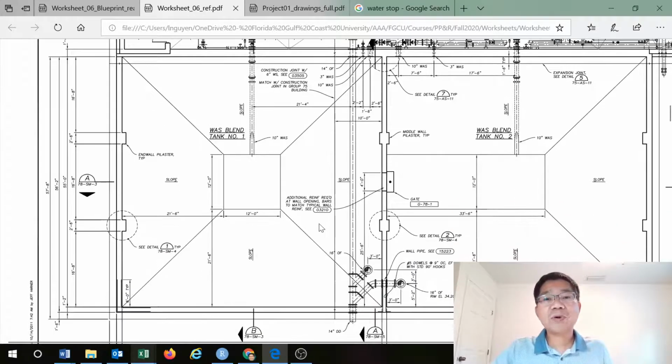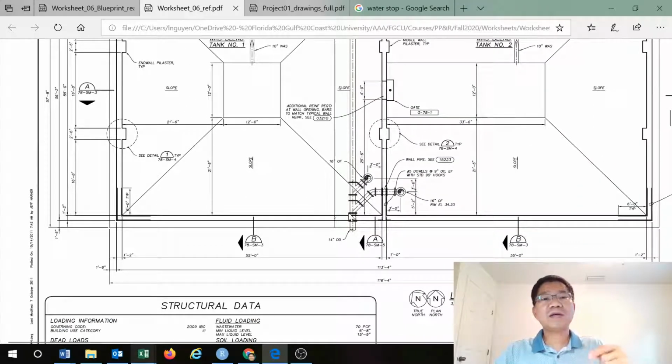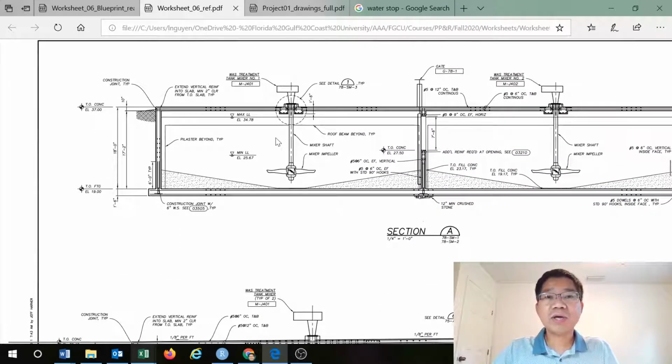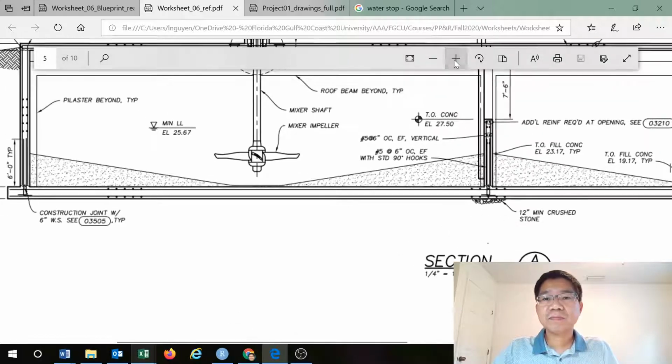Then we need to have the water stop. Otherwise, the wastewater can leak to the environment, so they need to show the water stop. So where does it show? If I cut down here for one cross section, and you see